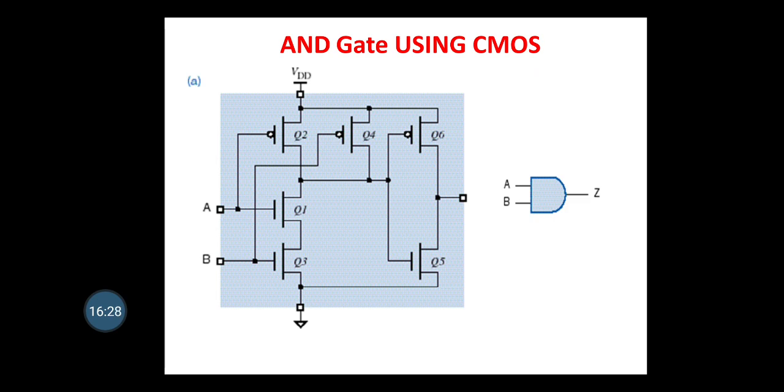Now next is the AND gate. Now these are the basic gates using CMOS. So for the AND gate, A and B, you can see on your left hand side, Q1 and Q3 connected in series, and at the same time Q1 and Q3 are connected in parallel above to form A and B the whole bar, that is the NAND gate. And that output is again connected to a CMOS inverter. On the right hand side you can see Q6 and Q5, and this is how you get the AND gate connection.